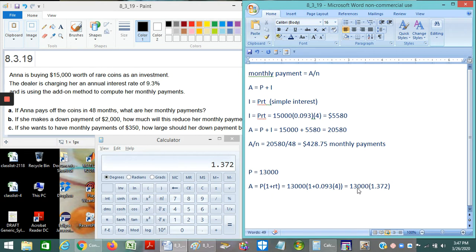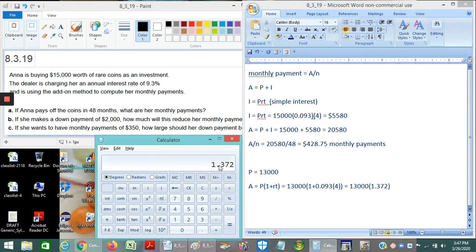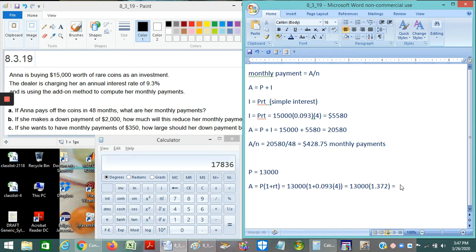Okay, so put this into the calculator and we get, so 1.372 times 13,000 is a grand total of 17,836. So in part B, if she pays 2,000 up front, now she only owes